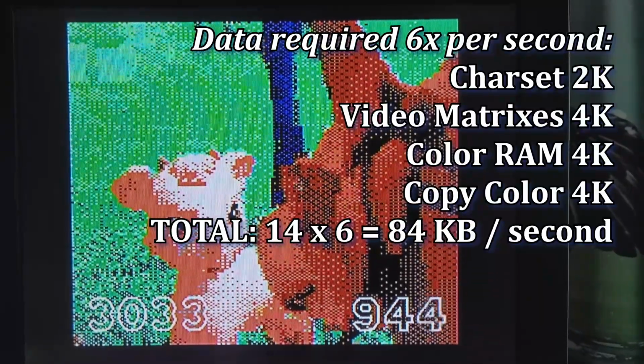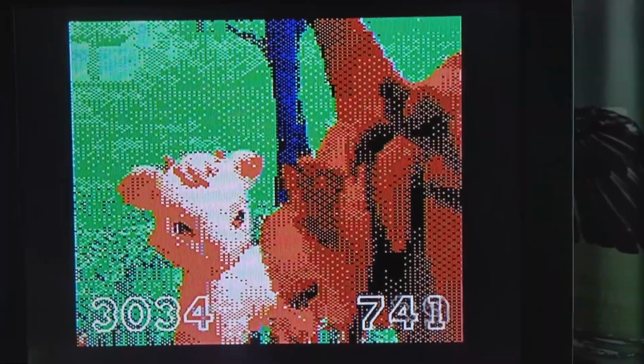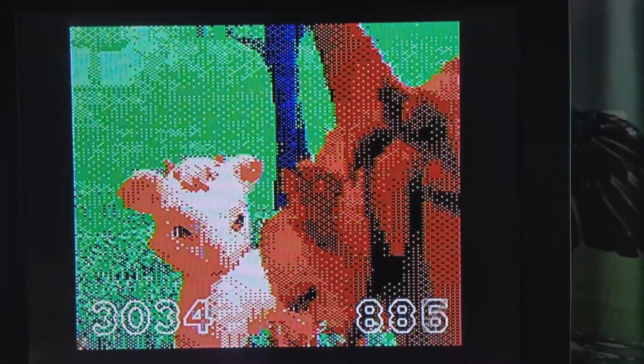Now, I've already been thinking of ways to compress the color RAM too, and one of them, which I might actually go with, assumes no lost frames forever. So it basically will just tweak what's in the color RAM based on what was already there. And of course, yeah, that leads to a can of worms if the video falls behind. But so what? This is more of a proof of concept.